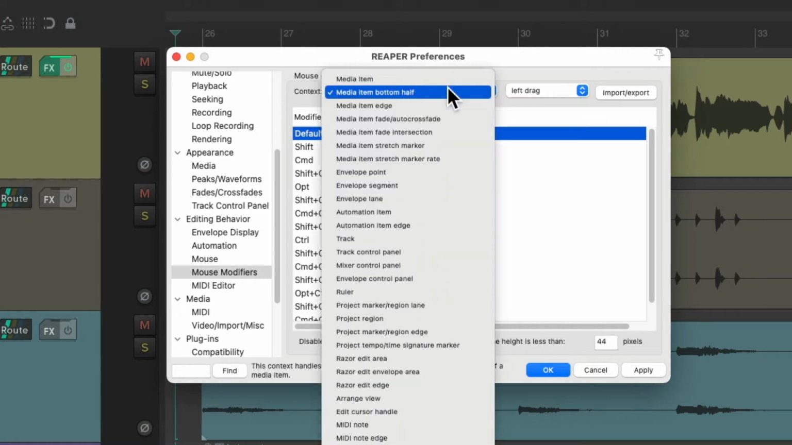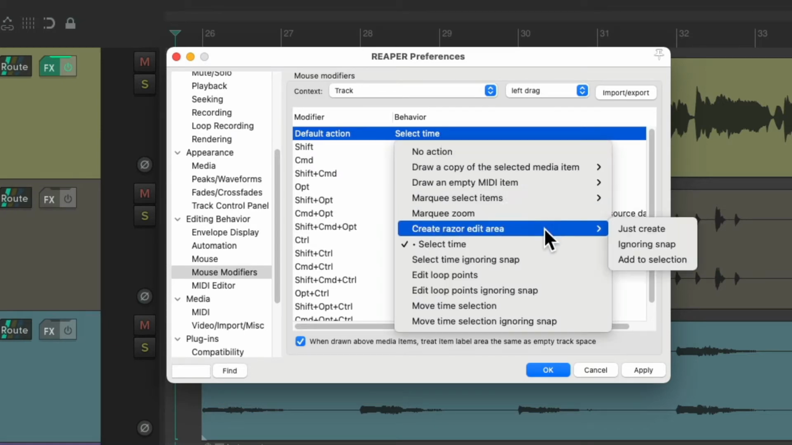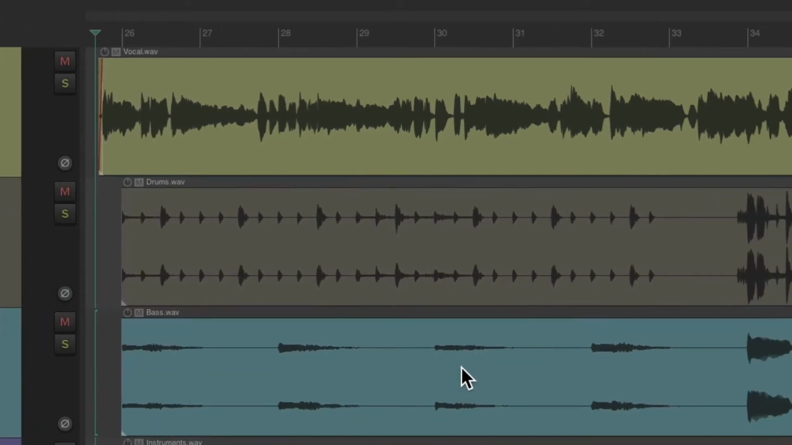And then one more under Track Context, left drag. I'm going to change this to Razor Edit, just Create. So now I could just left drag in the project like this, and it creates Razor Edits each time. I could extend them, clear them, and do the same just above the media, right over here,